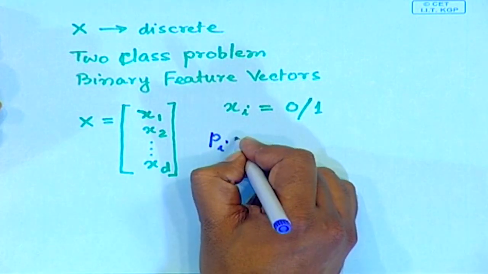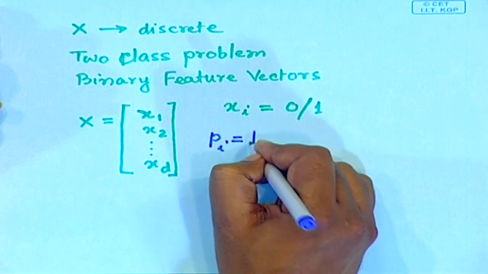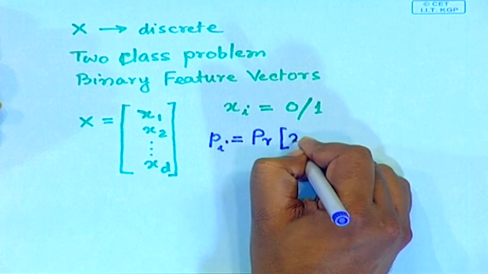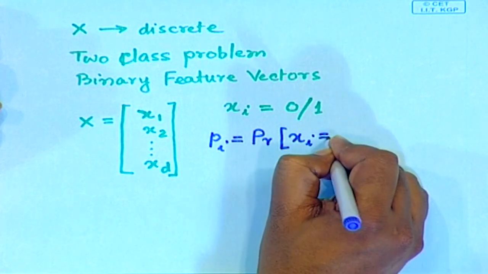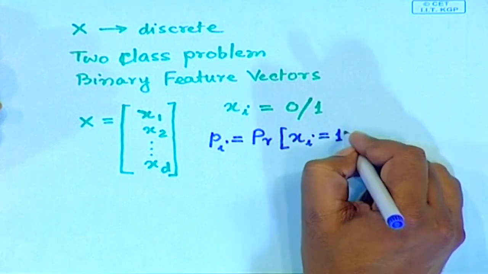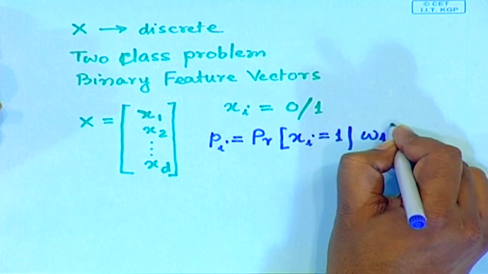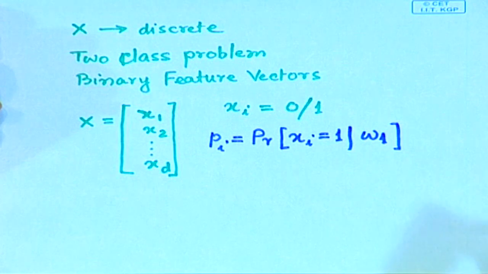So pi will be equal to the probability that component xi is equal to 1